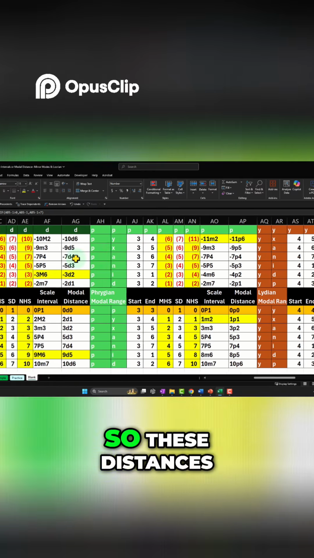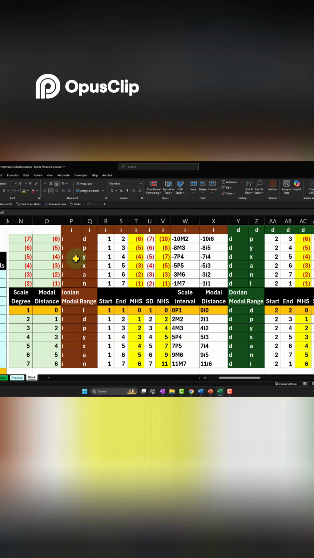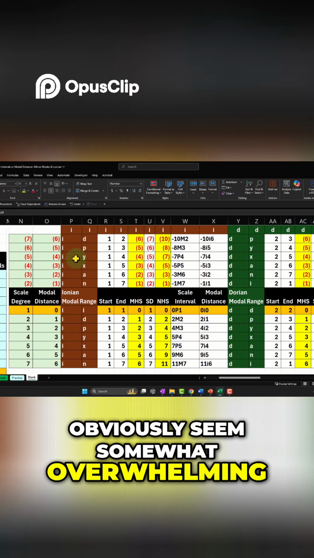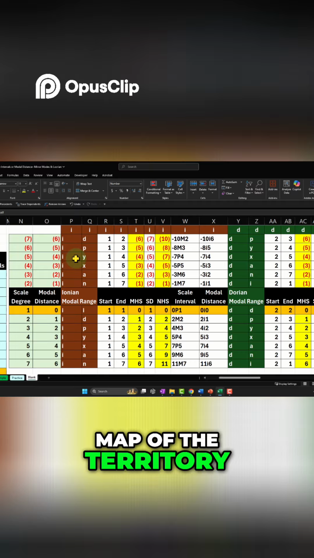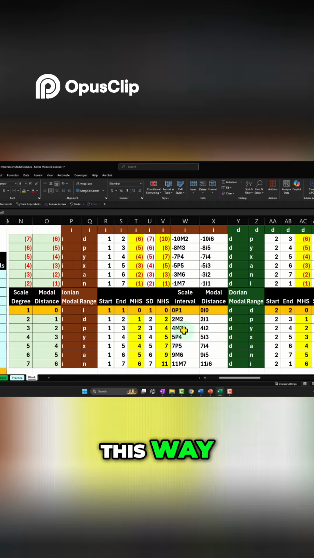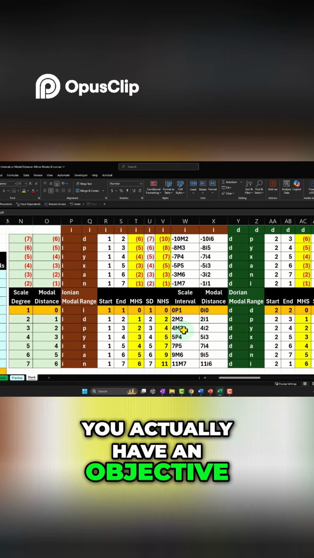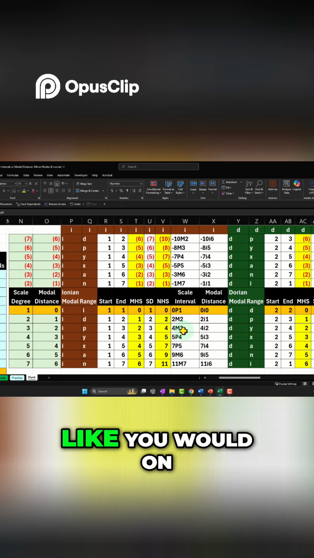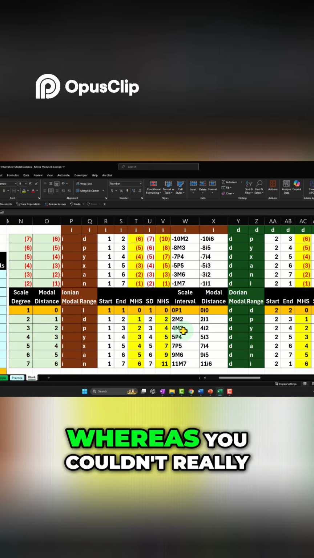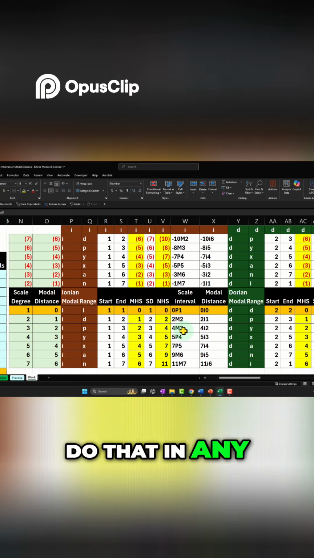And then, these distances obviously seem somewhat overwhelming, but I just want to point out that if you look at the map of the territory this way, you actually have an objective way that you can start to learn distances between continents like you would on the globe. Whereas you couldn't really do that in any systematic way